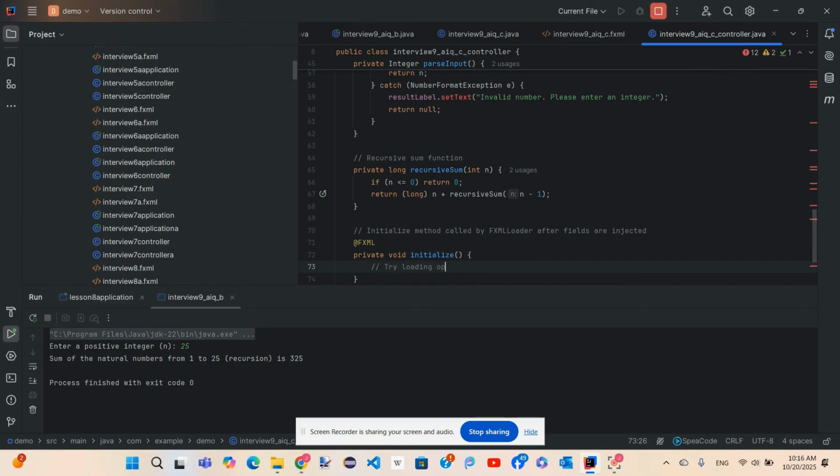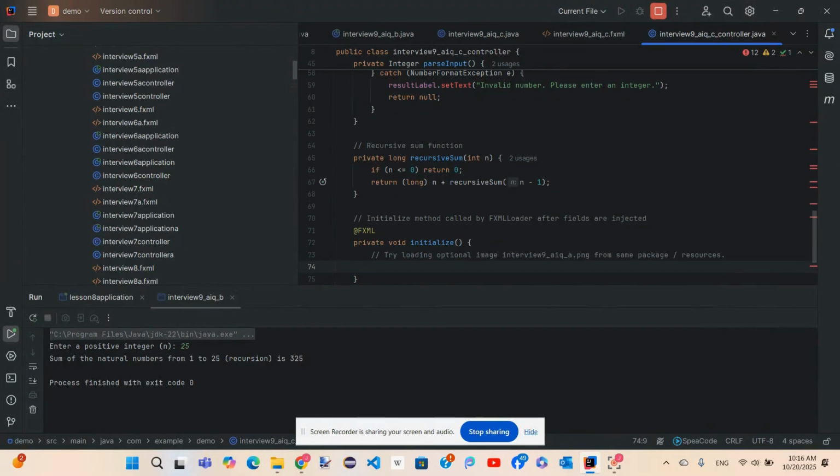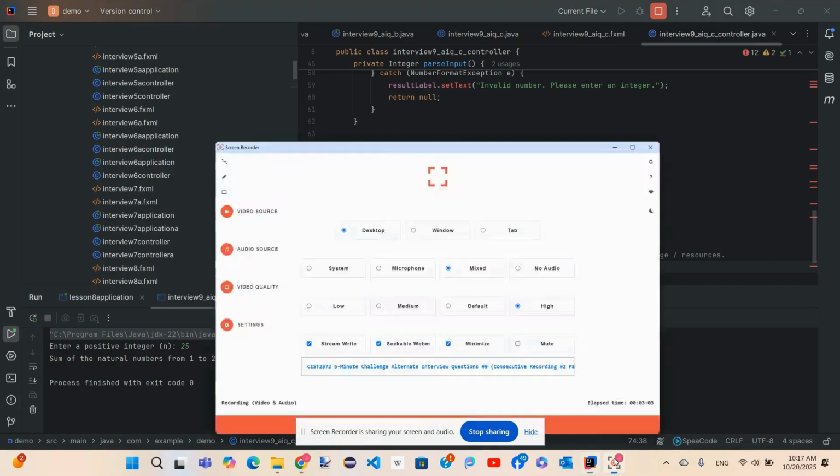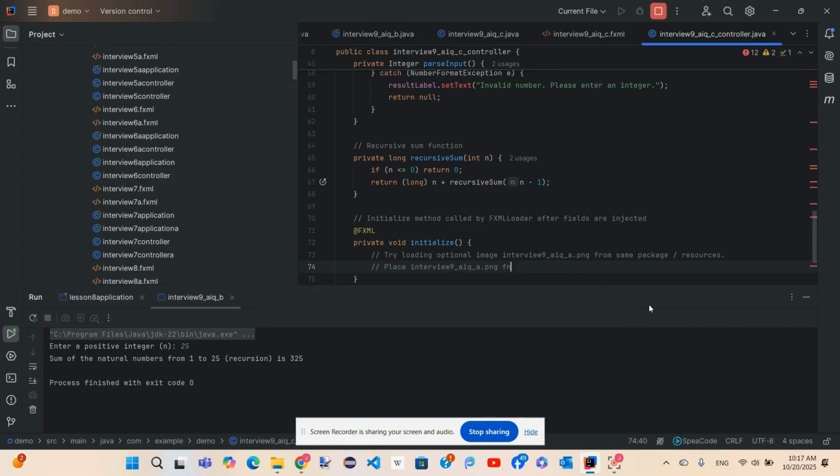Try loading the optional image interview 9 AIQ.png from the same package resources. Place interview 9 AIQ.png next to the class file or in resources.